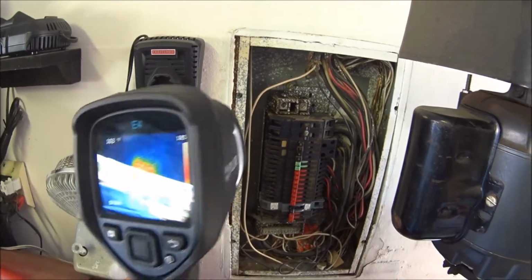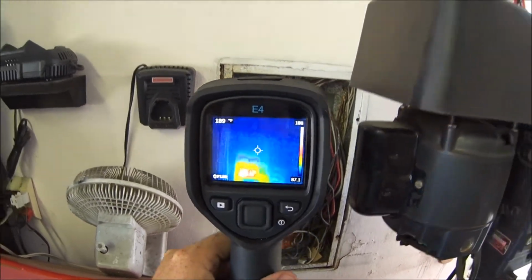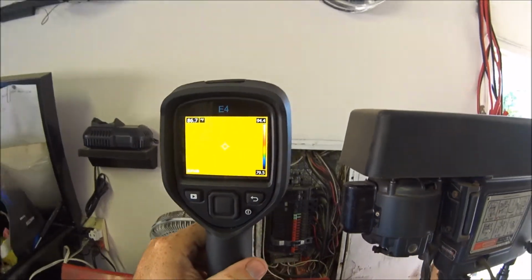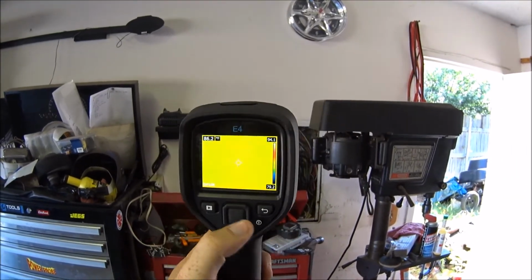Obviously I'm not an electrician, but yeah, this thing got hot. It was up on the ceiling. I mean, you could see the, actually,